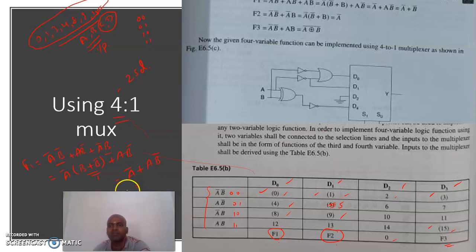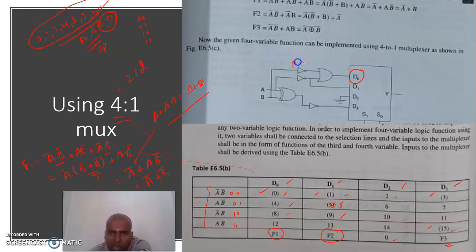For A plus A bar B, we can use one distributive law here. A plus A bar B is equal to A plus B. This is one of the laws. So here A bar is there, B bar is there, and A bar A is there. So the answer is A bar plus B bar. So the D0 answer is A bar plus B bar.